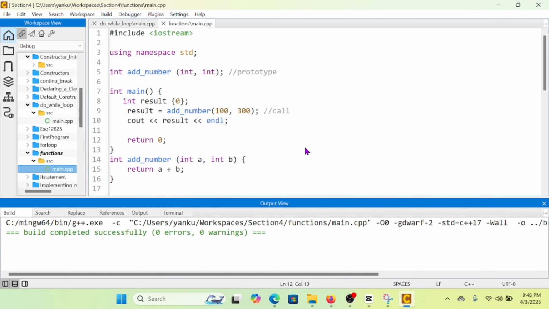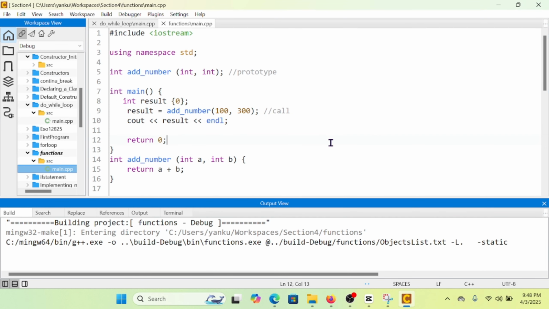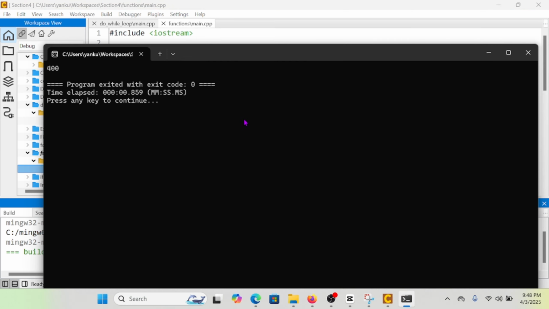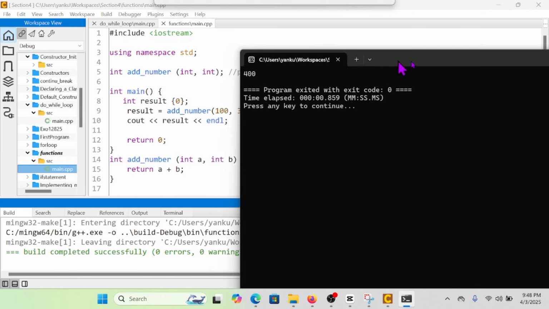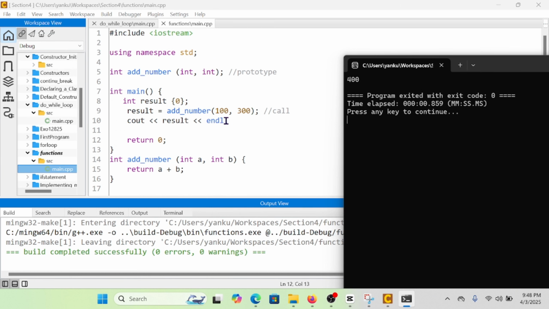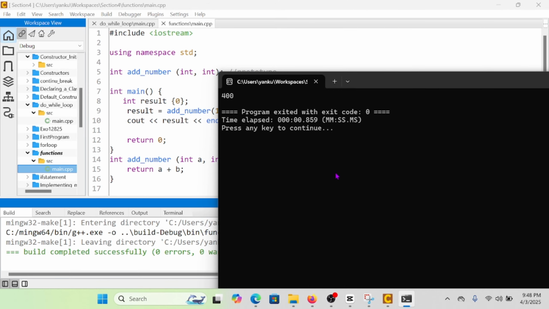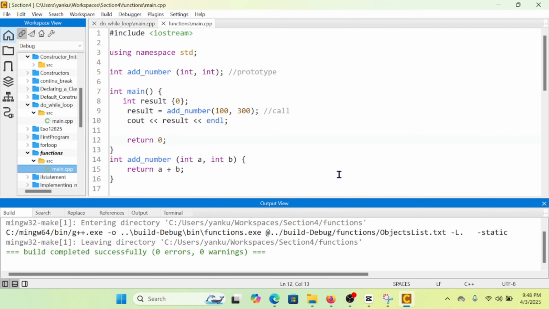So we're going to build and execute after compiling. Four hundred, you see? So we got the addition of 100 and 300, which should be 400. So that's a little bit about the basic foundation that I would like to share with you concerning functions